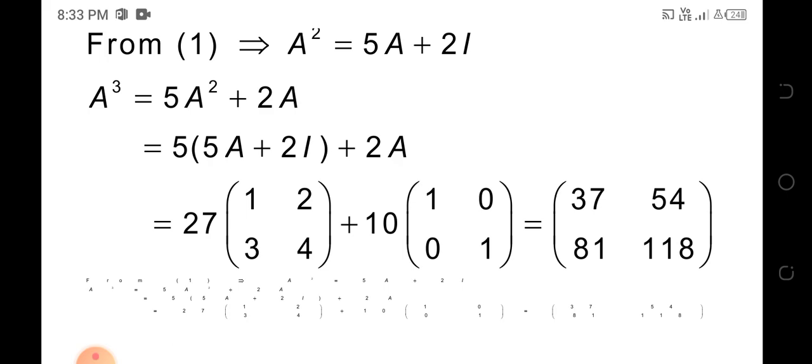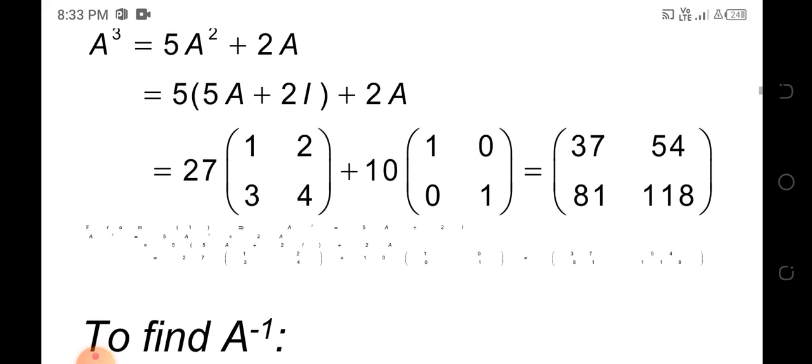When you are multiplying 5 into 5a, you will get 25. Then you will have another 2a outside, so you will get 27a, and then for a you have to write the matrix. Plus, what is 5 into 2i? You will get 10i. So there you have to write 10i, meaning you will get the identity matrix as 1 0 0 1, which is equal